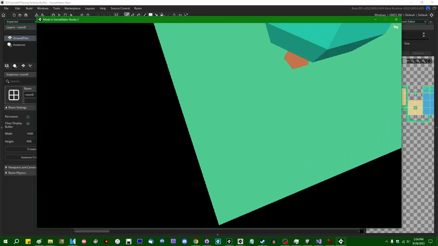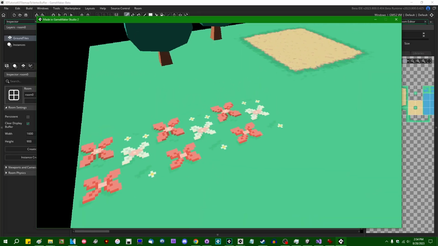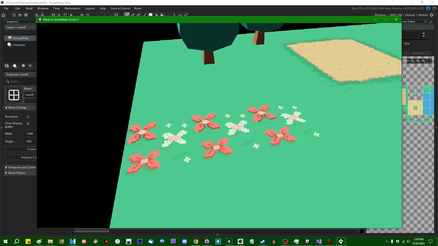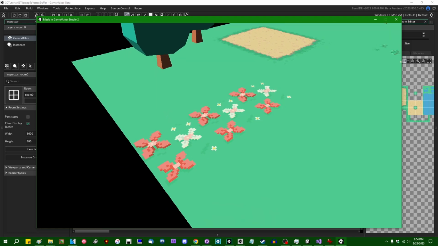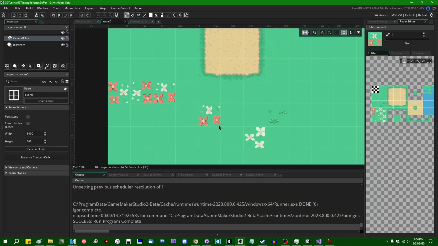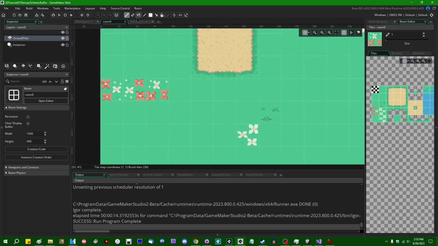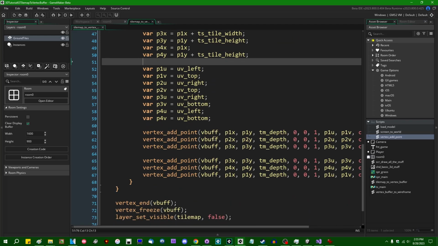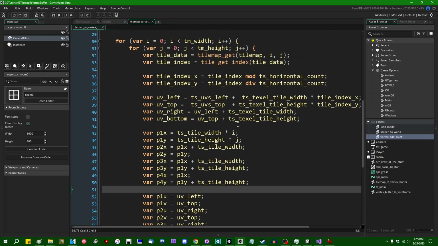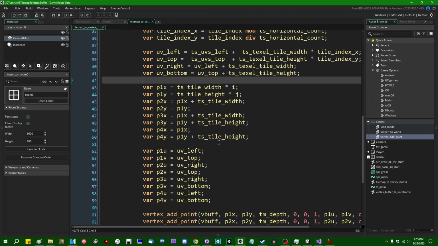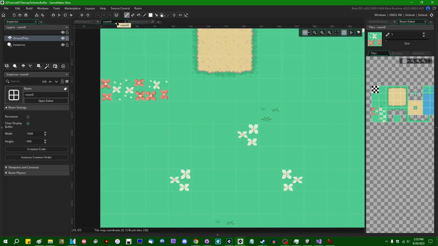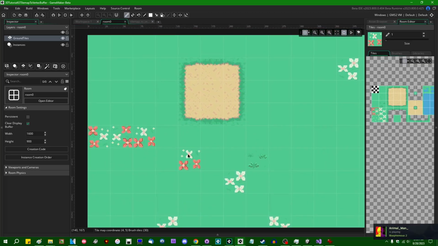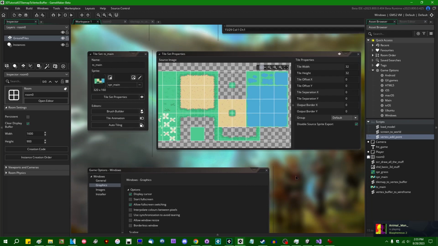And if I were to run the game now and look at these flowers, you would see that they are not flipped or rotated in any way. They are all standing up the same way. And that is something that you probably want. Honestly, it's probably not going to be too hard, if you've gotten this far, to figure out how to flip, rotate, or mirror a tile on your own. It's just a little bit of moving some values around, but I will save that for another video all the same. And another thing that this doesn't account for is any